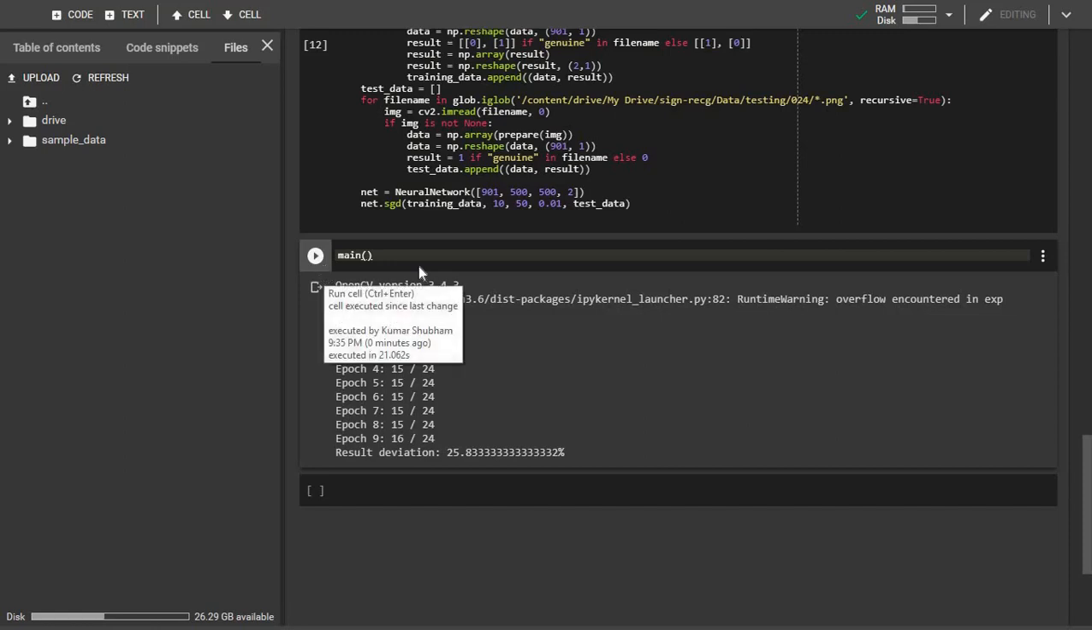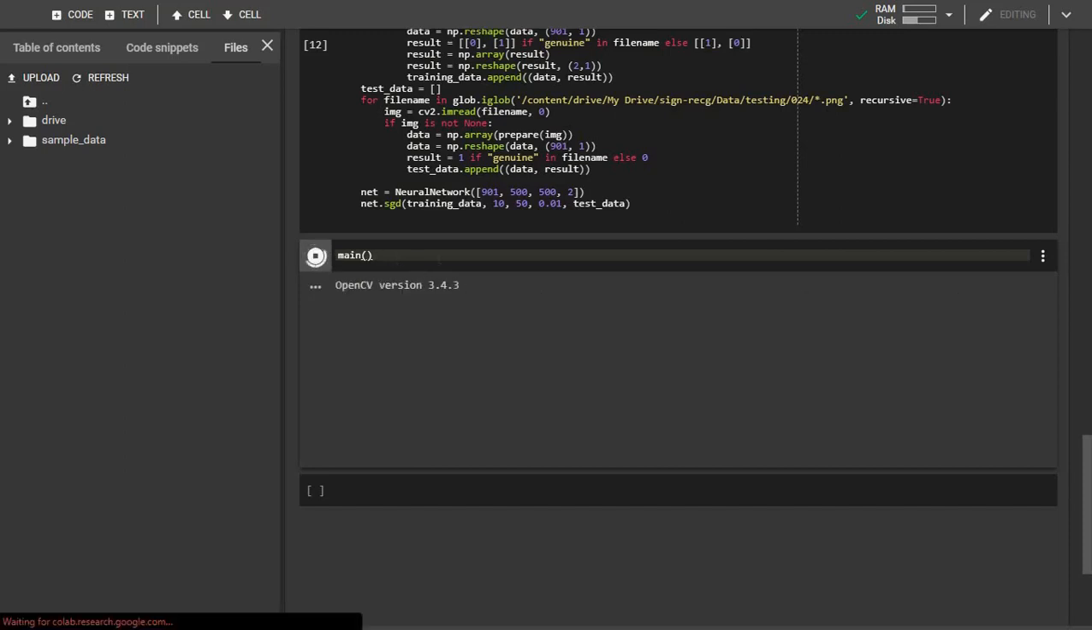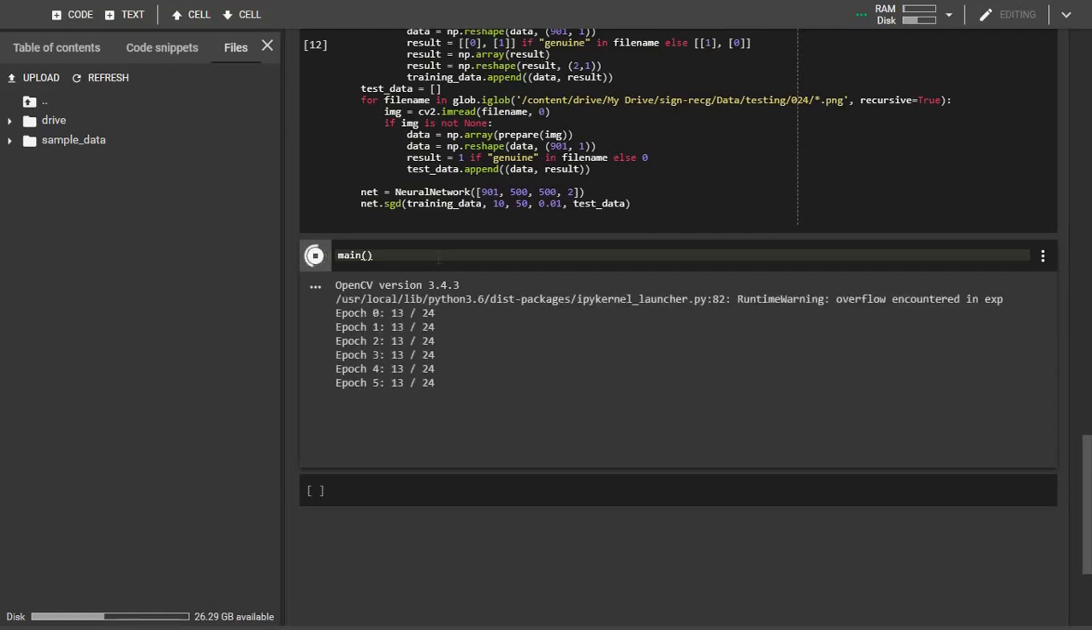Okay, so now we run this code again. Let's see the output. It will take some time, depending on your image. Okay, now you can see this time it's showing less error. Again, once you run the code,